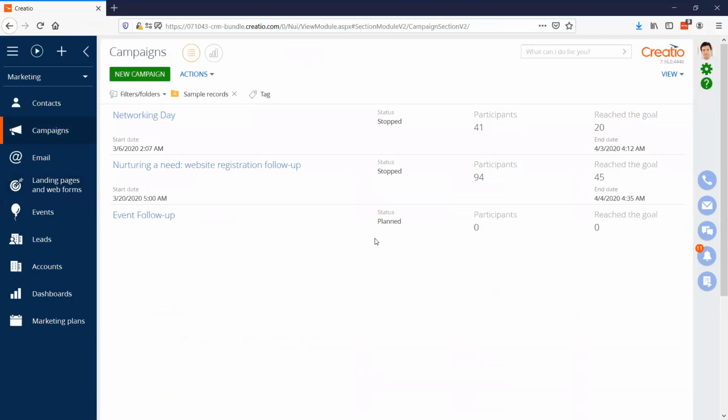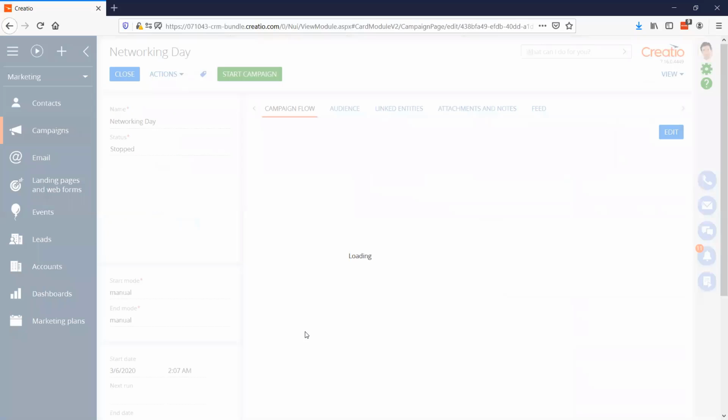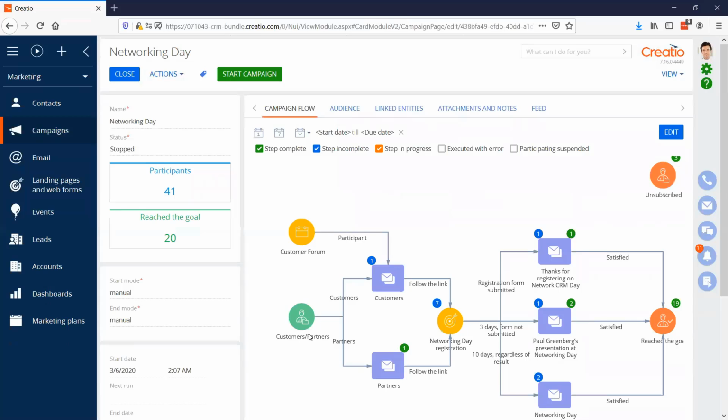All right, I do want to spend some time in campaigns. I'm going to try to keep an eye on the clock a little better this time. So campaigns, again, are when you have that multi-step activity campaign, I guess there's really no other word for it, that you're doing in marketing. So you want to send a series of emails at different times to the same audience. You want to determine which email to send based on whether or not they did or didn't open the previous